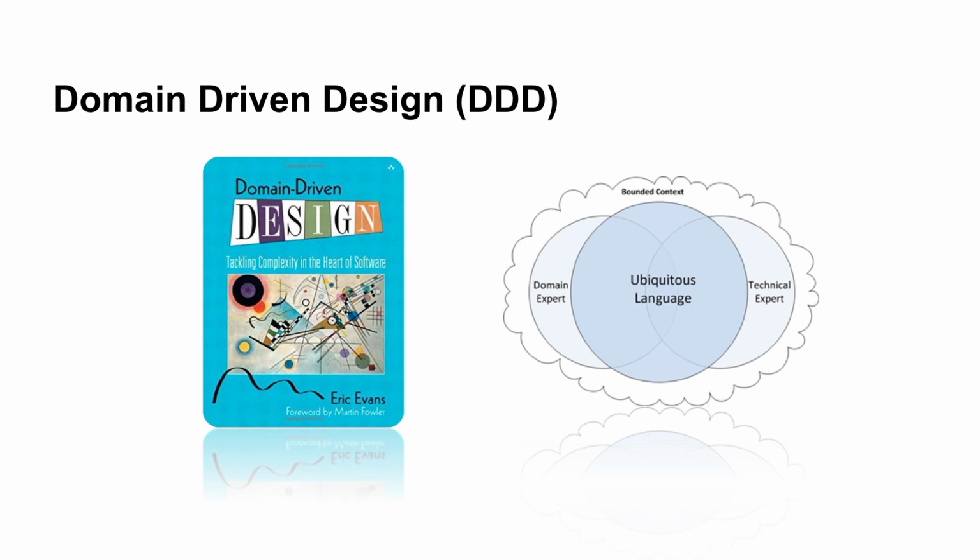And one of the main concepts here in domain-driven design is the ubiquitous language. The ubiquitous language is a common language, or an understood language, between the technical experts and the domain experts, the business experts. And why this is so important, especially when you're talking about data and analytics, is that you need this common ground in order to collaborate.